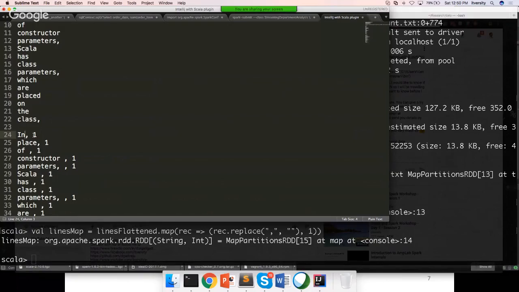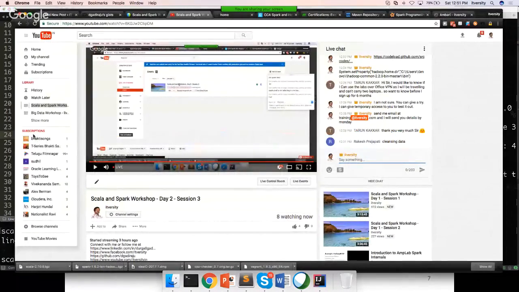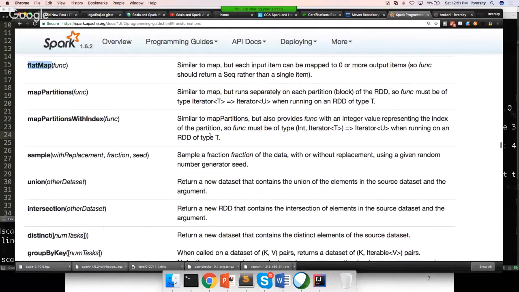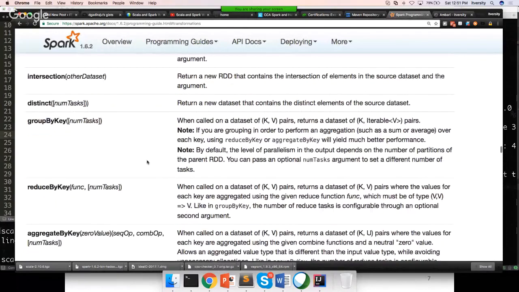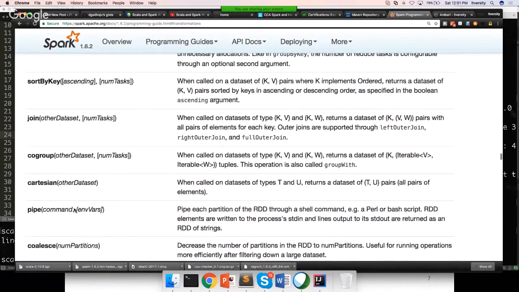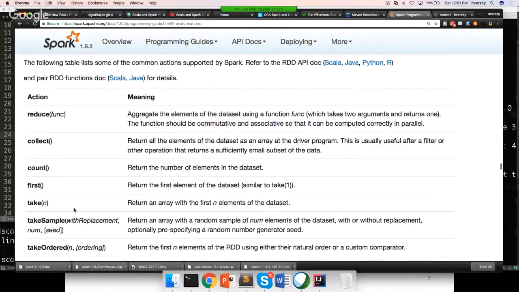Okay. So to typically add the values, there are multiple methods, and you need to understand first whether we want to do it by key or not. In this case, we have to use by key. There are multiple by key transformations and aggregations: group by key, reduce by key, aggregate by key. If you have a collection and you convert it into an RDD, and you want to get the sum globally, then you can use the reduce function